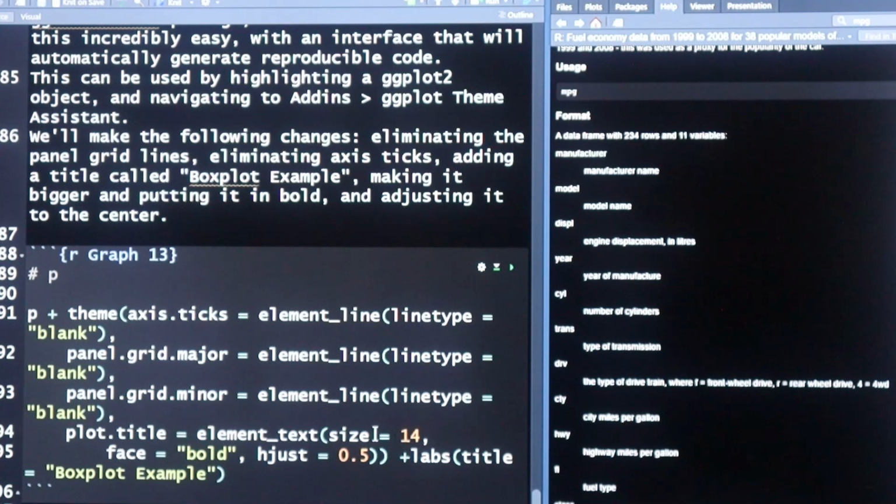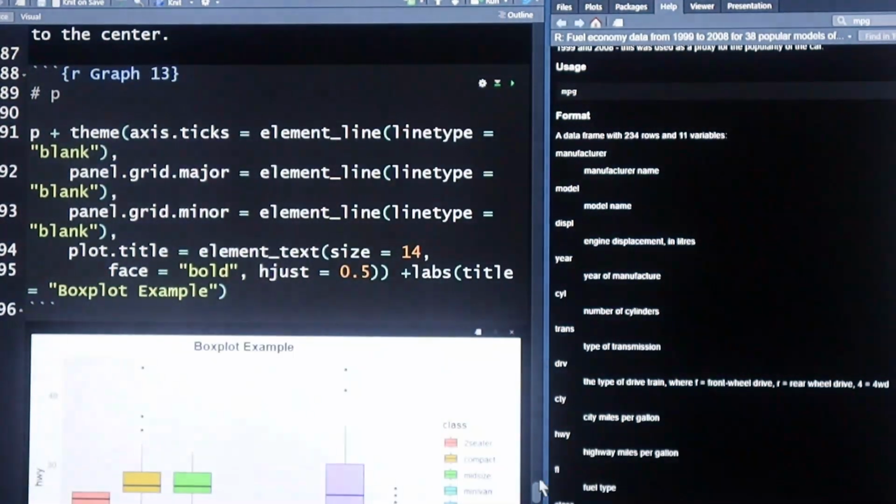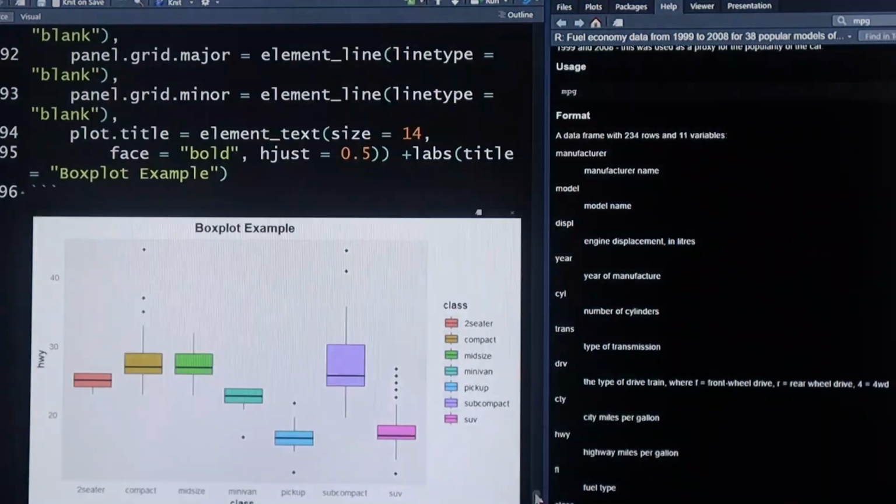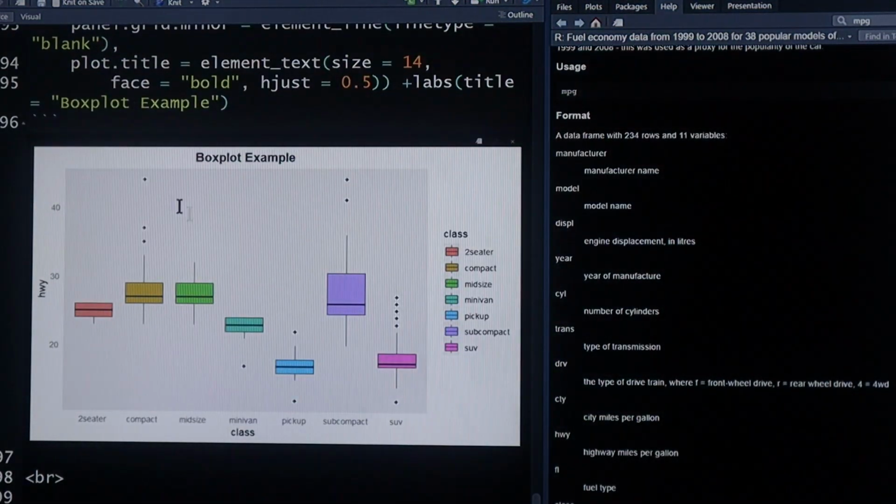We also increase the size of the title text, the font size of the title. So when you execute that, you have our box plot here where we don't have the grids inside, and you see here we have our box. Our title is centered. If we remove this justification,